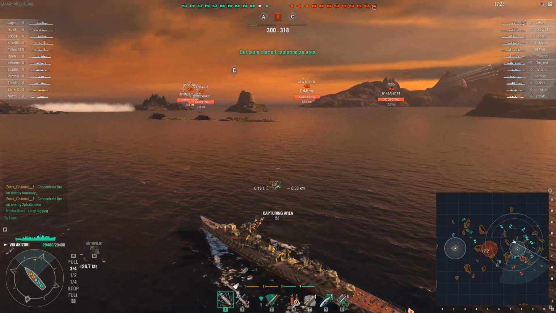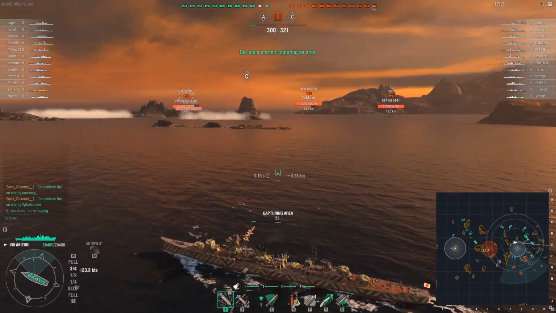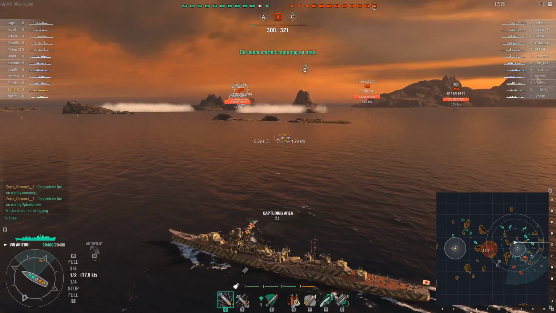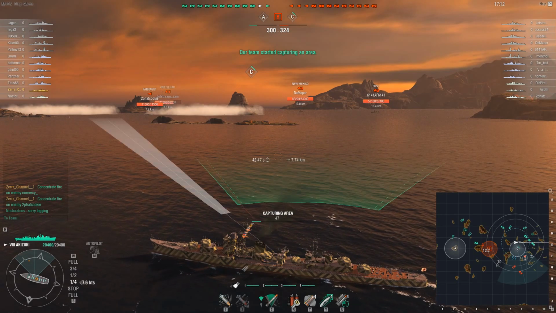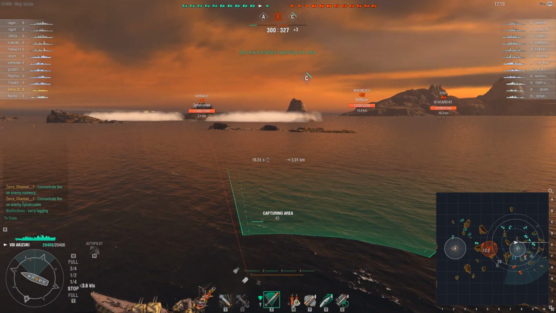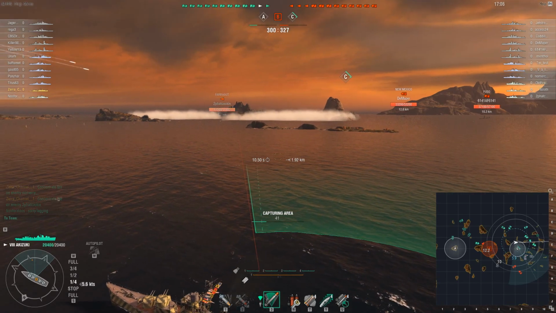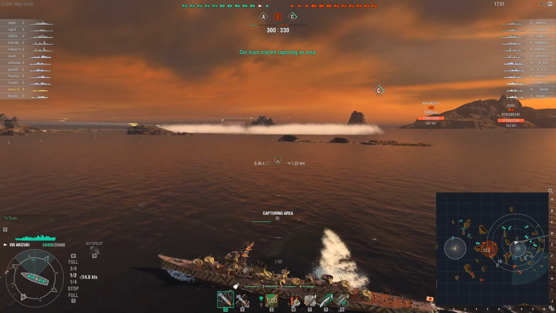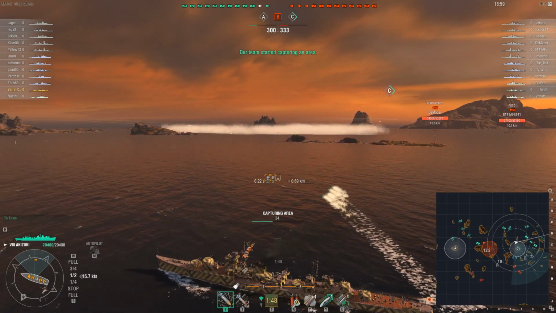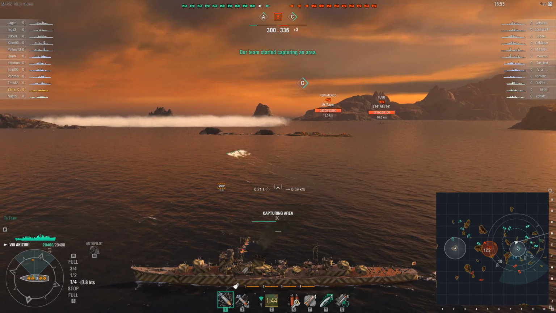Now everyone, I spot them, but they don't spot me. Why? Because my concealment is awesome, and this is the pure power of the Akizuki. With your concealment, you will basically detect anyone before they detect you, and your job is to cap. Now you pay for it, because you have 8 gas with one something that I do believe that